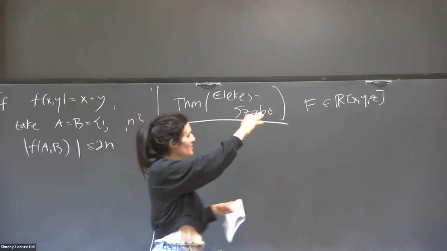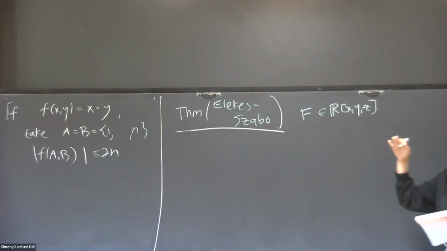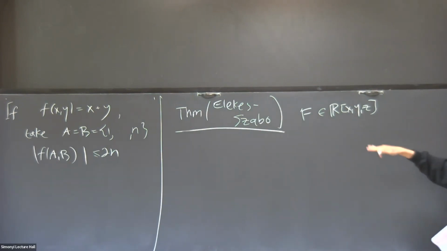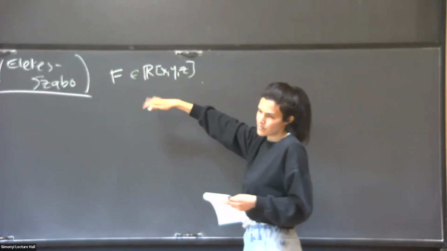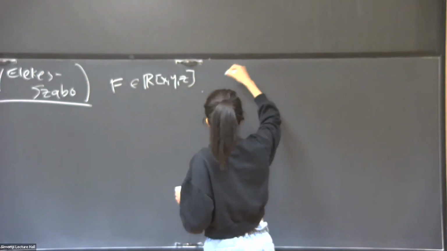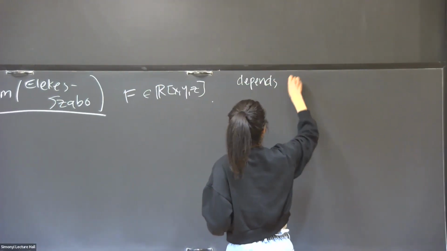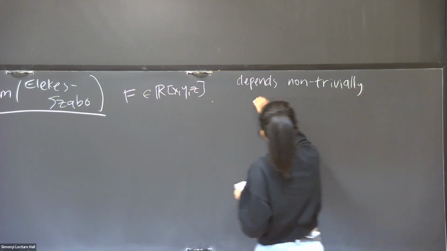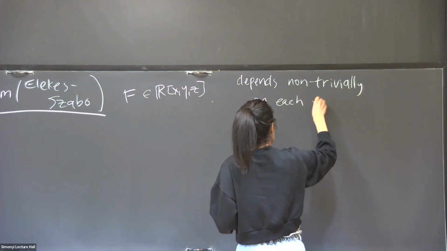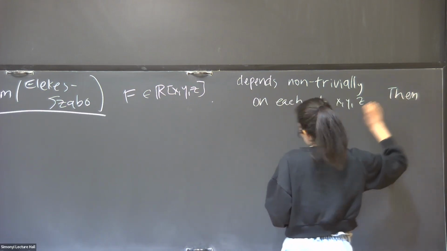Okay, so now we have a polynomial of 3 variables, and we are given an n by n grid, and we want to say that in general, the zero set of this polynomial will not have too many points on this grid. So we have this: F depends non-trivially on each of the variables. Then one of the following holds, so either